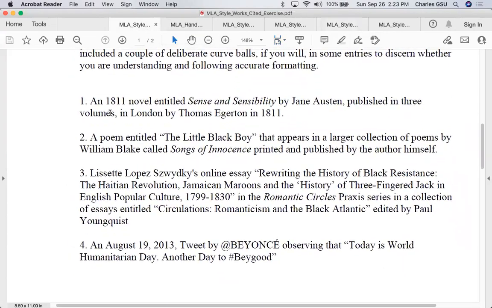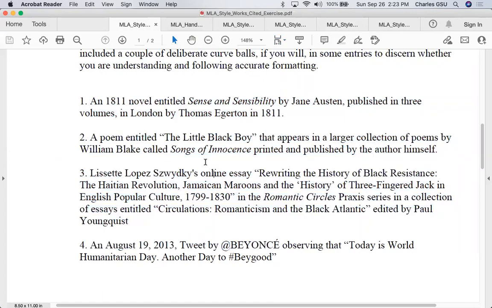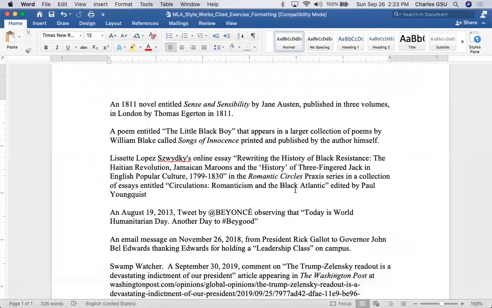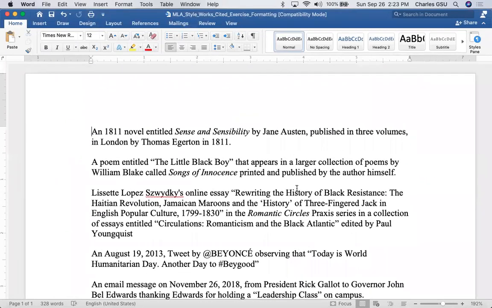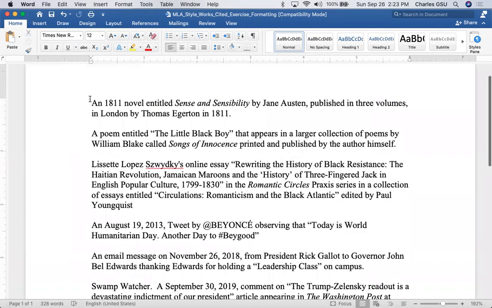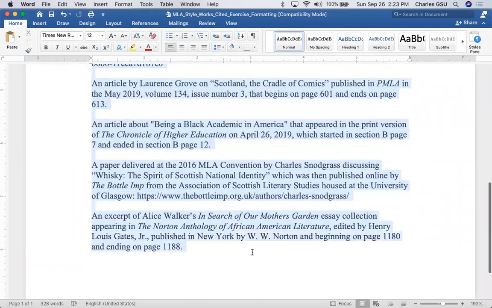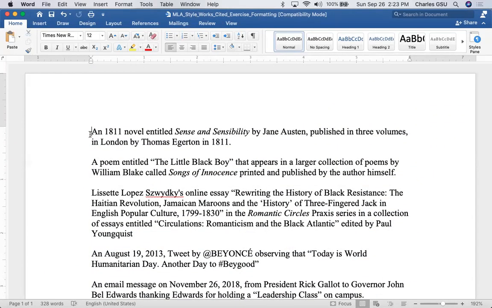So you have all of these 10 sources in jumbled order, and I'm going to demonstrate here how to generally format. Now, everything is currently in the same order; all I did was copy and paste these. I simply took off the numbering at the beginning, right? Because this is not the